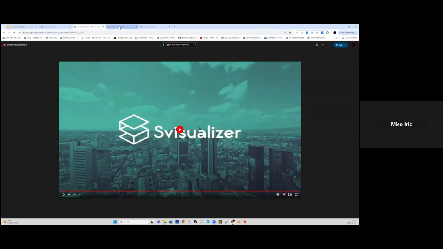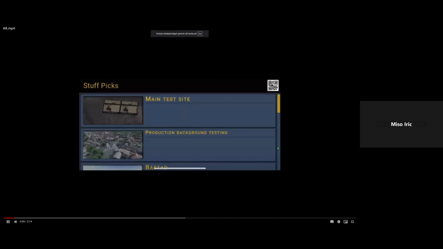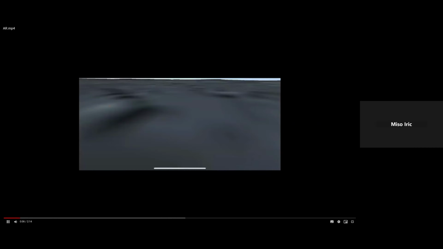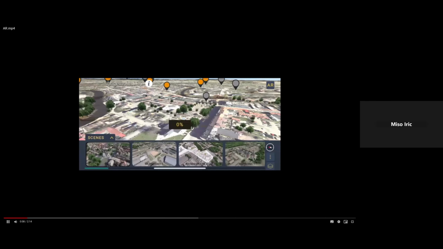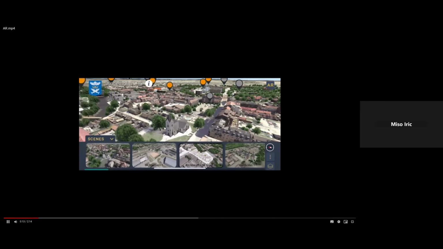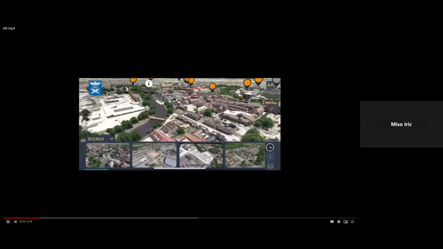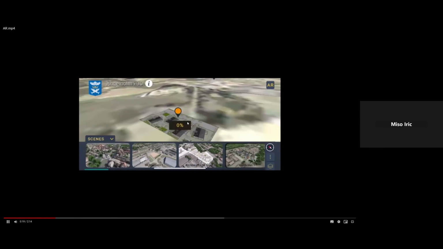So I have one more movie, as I have mentioned about the mobile platform. This is something that we have developed and are now publishing. Visualization of all those different data types in the mobile, everything from point clouds, 3D models, 2D maps, and so on, can be visualized and streamed inside the mobile.